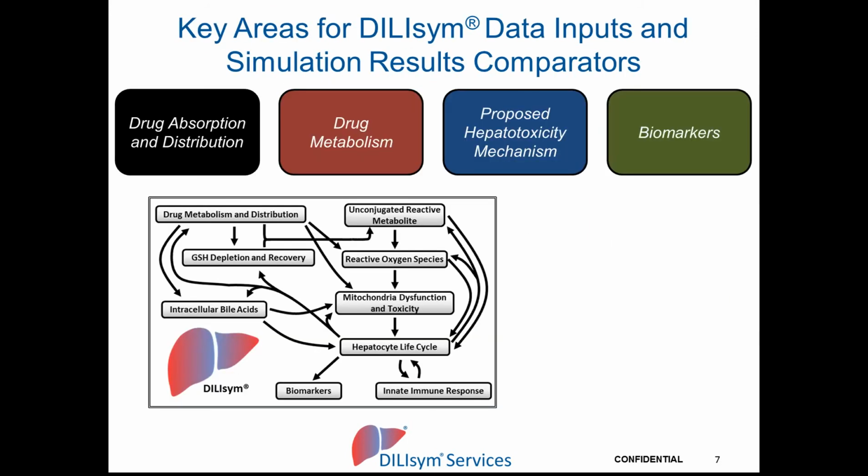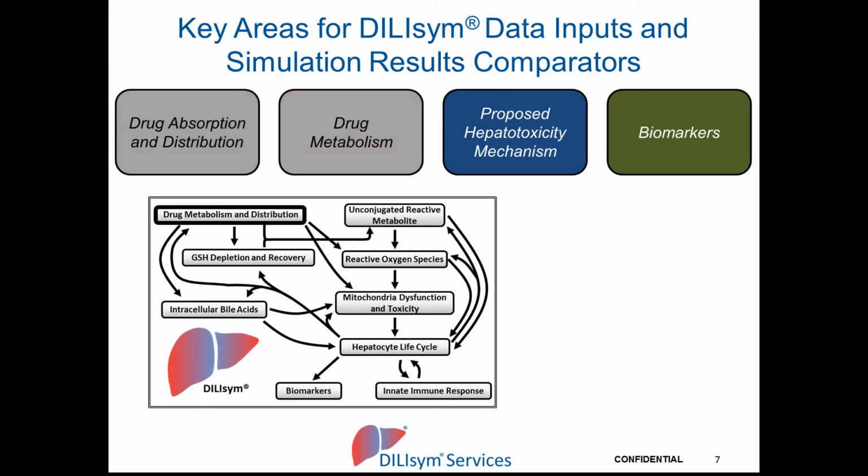So as far as data inputs, in order to establish the appropriate parameter values describing a particular new chemical entity, we have them in these categories listed up here: drug absorption, distribution, drug metabolism, and hepatotoxicity mechanisms, those first three on the top. As far as the classic DMPK inputs go, we're relying on classic data, physical chemical characteristics, protein